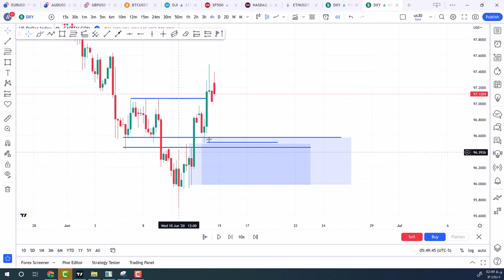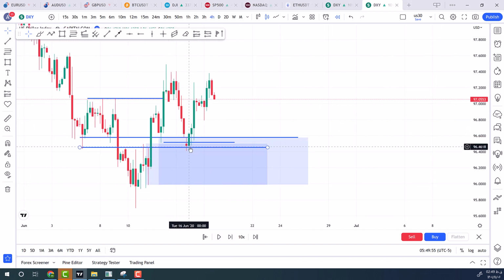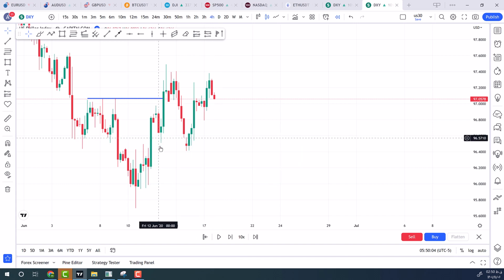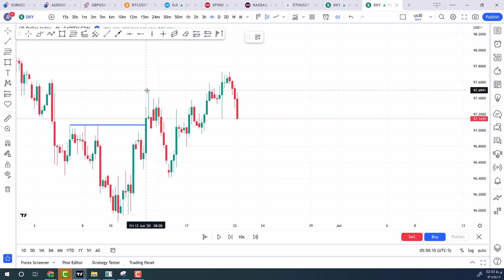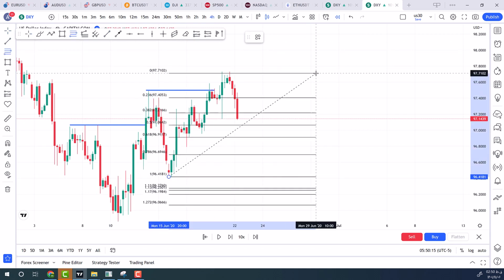So now we have our Fibonacci level. Our Fibonacci level is from here to here, from 50% to 78%. And we can see that the market comes down and it starts to rally from here. Now we should wait until another structure point gets broken. We can see that the high is getting broken, so we have this level and our Fibonacci is from here